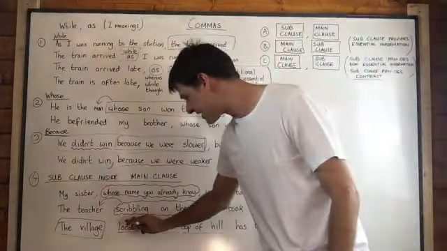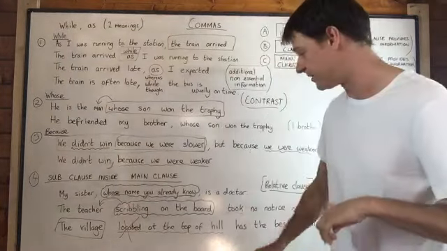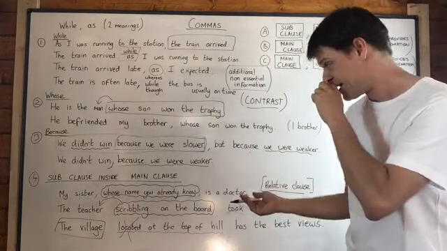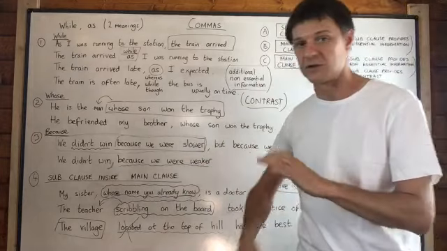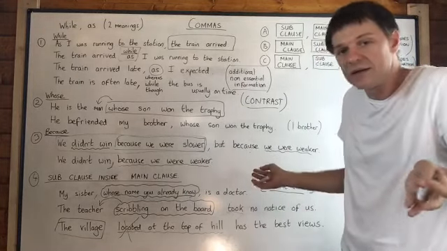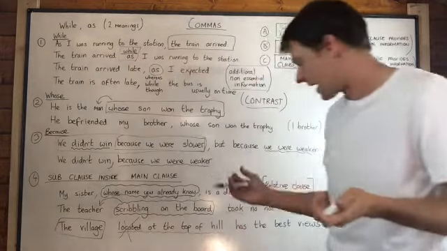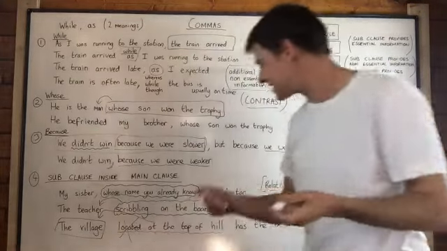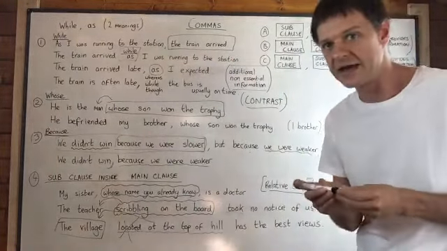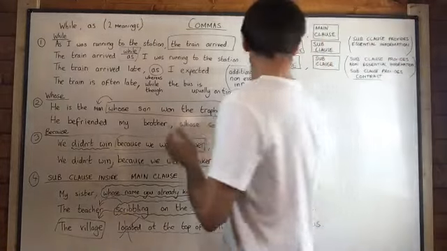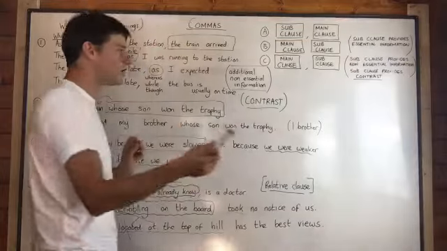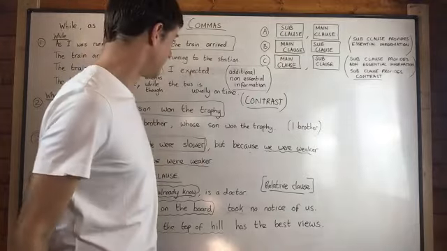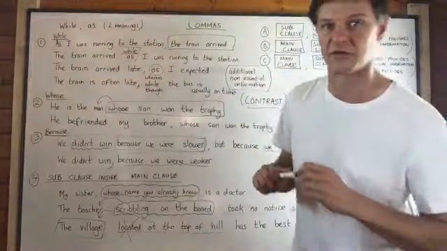And by the way, I could take out the word located here, take out the participle, so that it's just a prepositional phrase. So definitely then there's no clause there, and so we're not really dealing with a subordinate clause inside the main clause, but just a prepositional phrase, and still the same applies. We can say the village at the top of the hill has the best views, but you probably want it to define which village, and say the village at the top of the hill has the best views. Okay? So you can see we're always dealing with whether it's essential or non-essential information. Although also do think about contrast with while, though, whereas, and those kind of contrasting words. I've done a lot of videos on words of contrast.